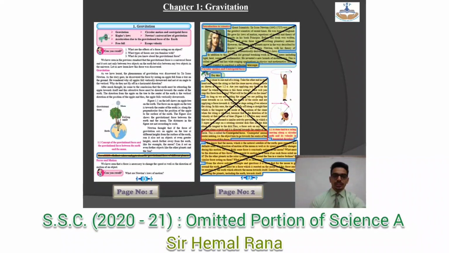We start with your first chapter, that is Gravitation. Page number 1. On page number 1, you have Use ICT. That part you don't have. Please remove that part, cancel it. On page number 2, you have Introduction to Scientist. Remove that part. That part is omitted. Along with that, you have Try This, the next part. Please remove that part. Even the next paragraph which you have.